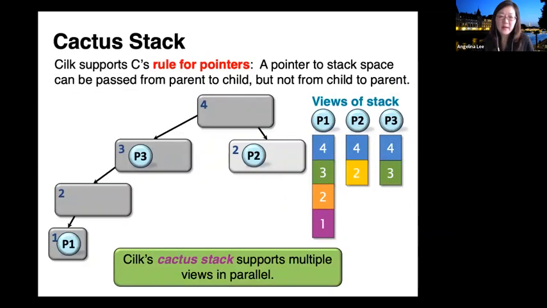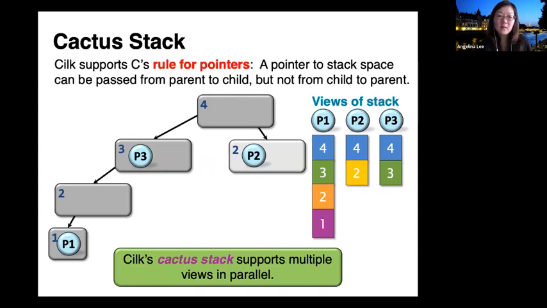And notice that at this point, given this particular execution context, each worker basically sees the following view of the stack, or you can think of the stack of the function frames corresponding to what the worker is doing. If you think of the entire spawn tree, worker 1 is currently executing fib of 1.